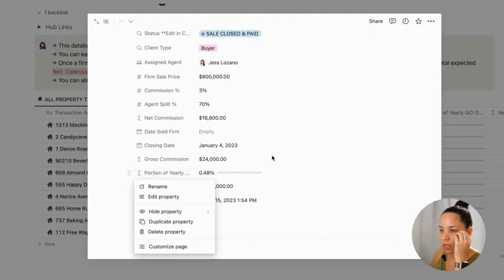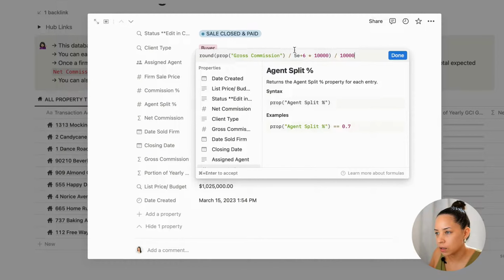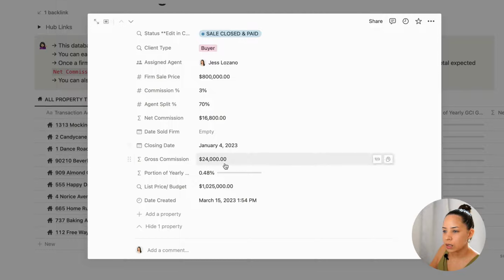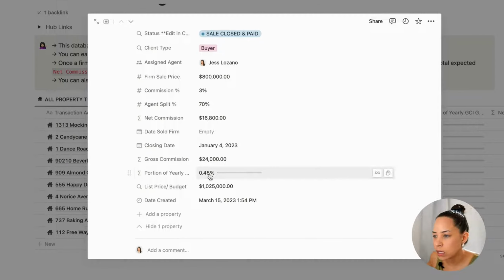So if my goal, for example, is $5 million for the team as a GCI goal, so gross commission income goal for the year, you can add that here. So this is the 5 million here, and then ground. So how much is this particular gross commission from this sale contributing to your GCI goal for the year? So in this case, this gross commission is contributing 0.48% to my overall GCI goal for the year